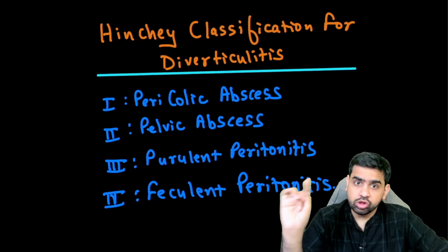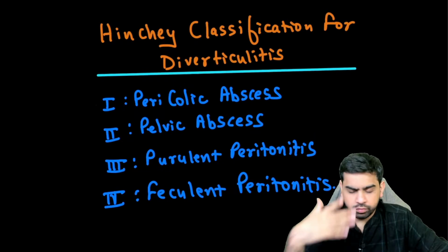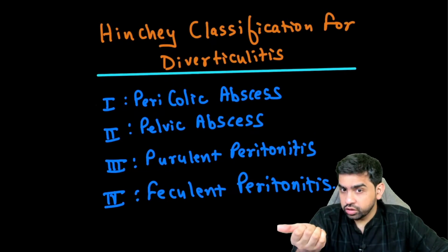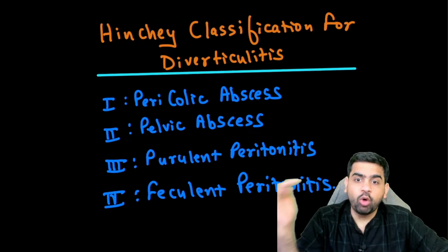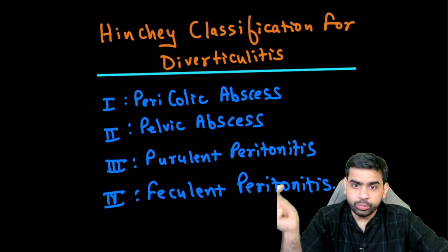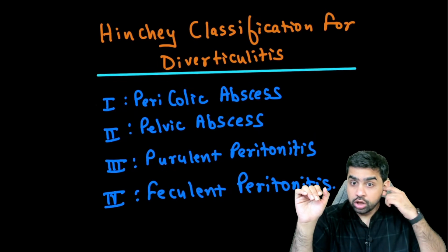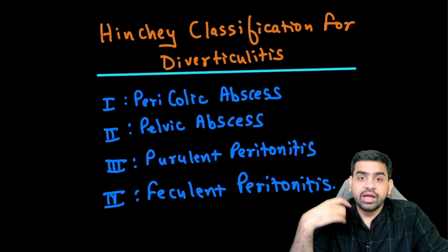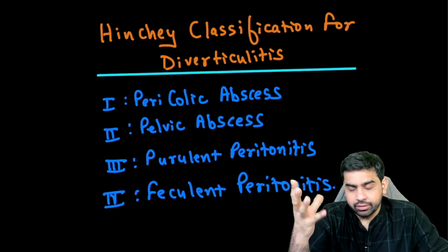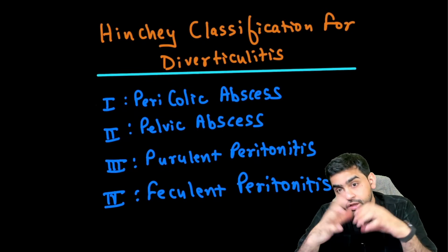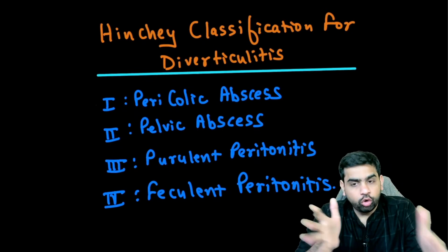Now, there's something called the Hinchey classification. Where have you heard of Haggitt's classification? Haggitt's classification is for the colorectal polyps. After polypectomy, what you get is the Haggitt's classification. What is this? This is the Hinchey classification. Hinchey classification is for diverticulitis. So, complications of diverticulitis. If there is a pericolic abscess just around the colon,